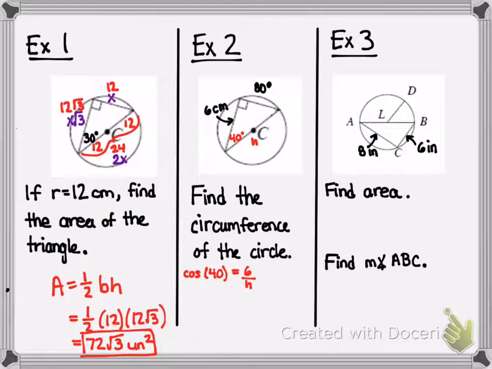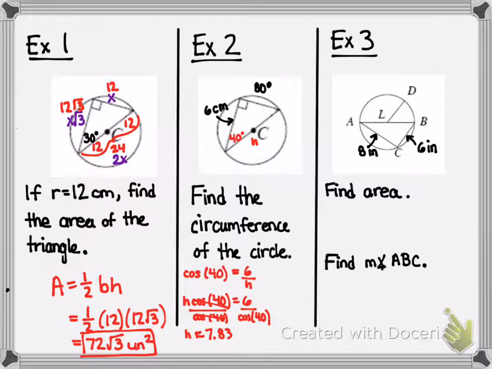Okay, so then when I go to solve here, I'll multiply and get h times the cosine of 40 degrees equals 6. I'll divide both sides by the cosine of 40 to get h by itself, and then I will simply type 6 divided by the cosine of 40 into my calculator and get a hypotenuse of approximately 7.83. Now,